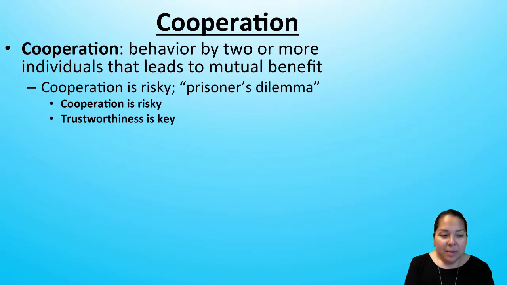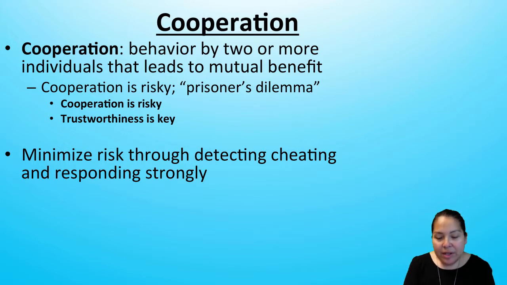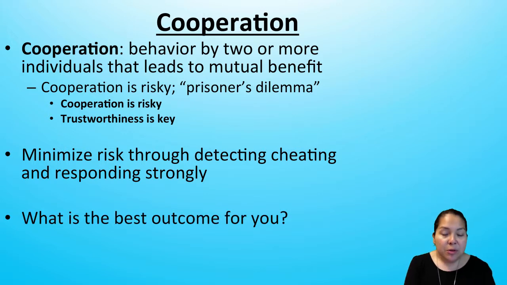In this prisoner's dilemma, cooperation is risky because your accomplice may or may not rat you out to the police. The trustworthiness of your accomplice or friend is key to both of you getting either sentenced or let go without any charges. When we consider cooperation, we are good at detecting cheating and respond to it strongly, and we may even respond to it illogically, meaning that we will go out of our way and even pay to punish people that treat us unfairly, even if it is at our own expense.